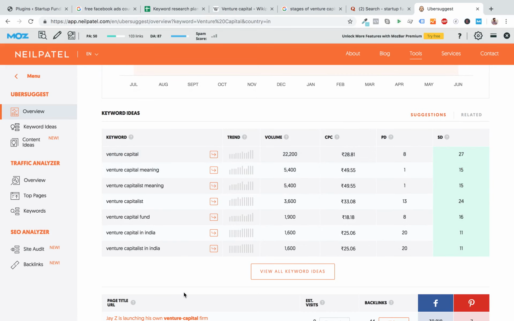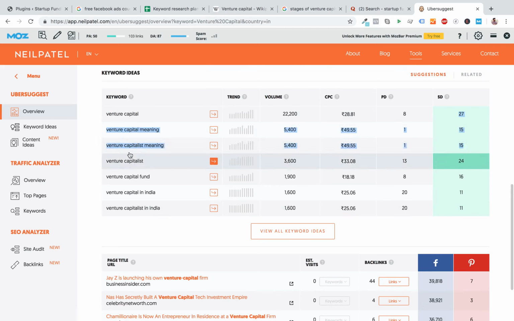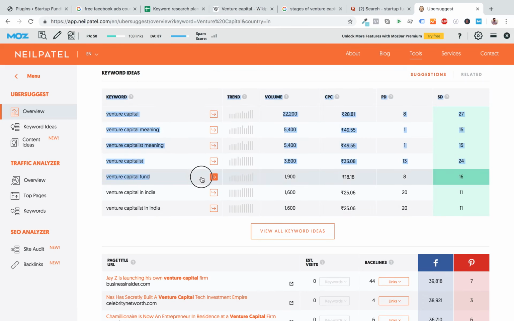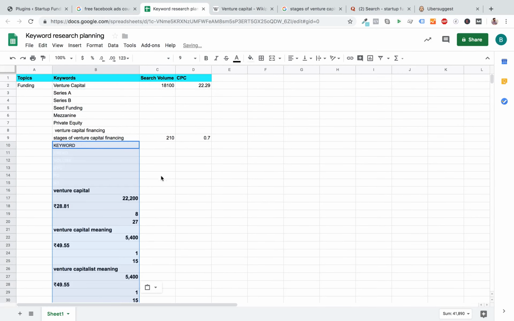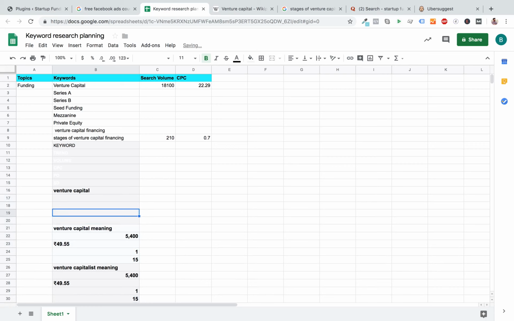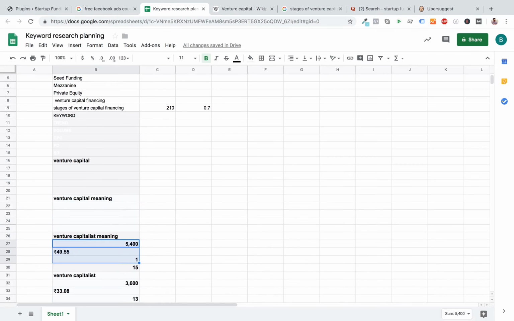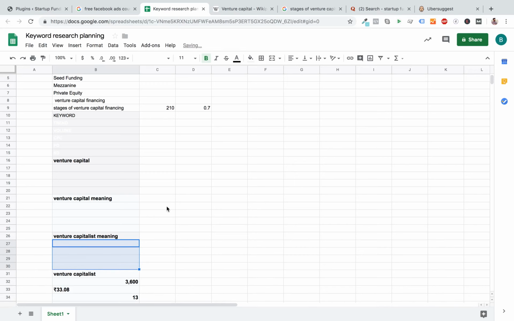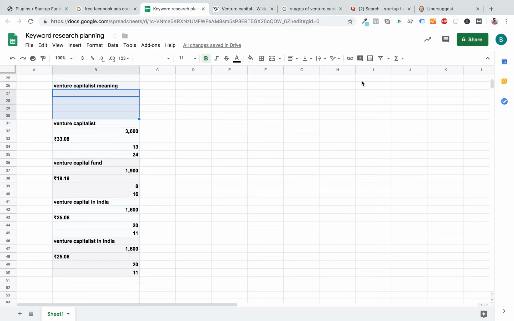Just simply copy all these keyword ideas from here and paste them into your sheet, right? It's a simple copy paste from here to there. As simple as that, and you can remove this and beautify this a bit, right? This is something that you can do, and basically these are things that people are searching, or the suggestions that are coming up, right?